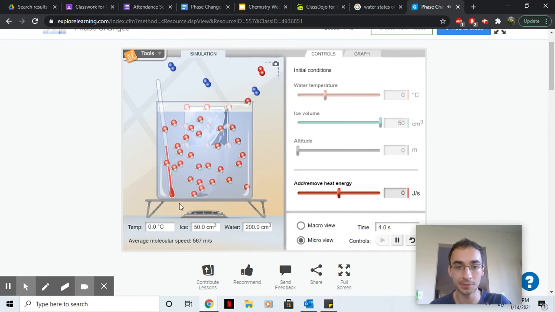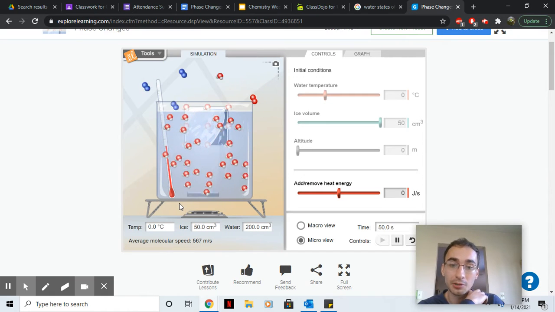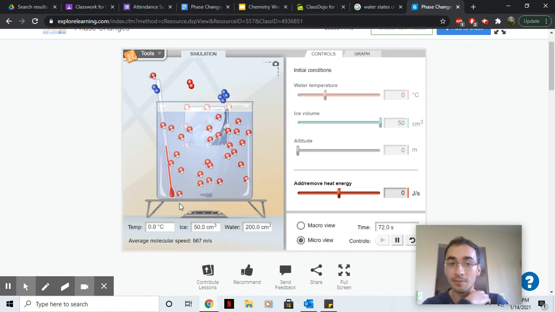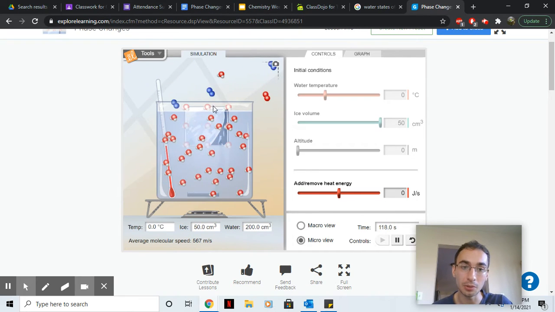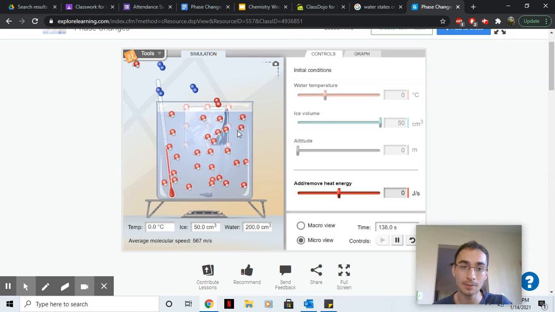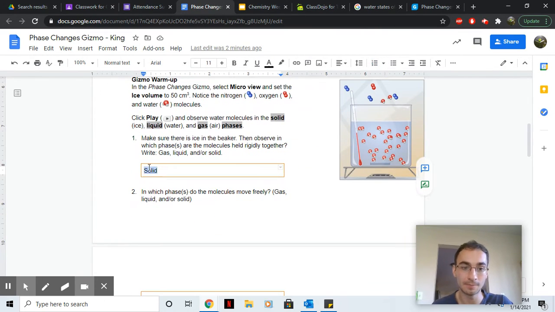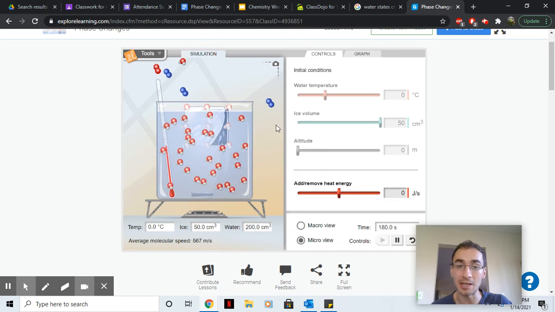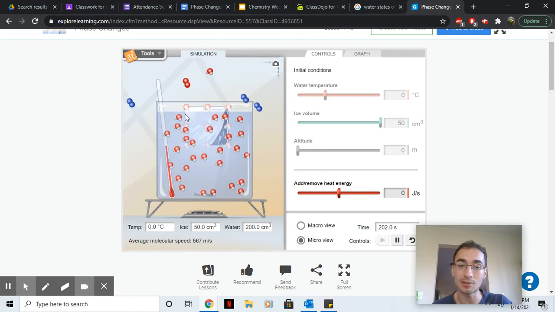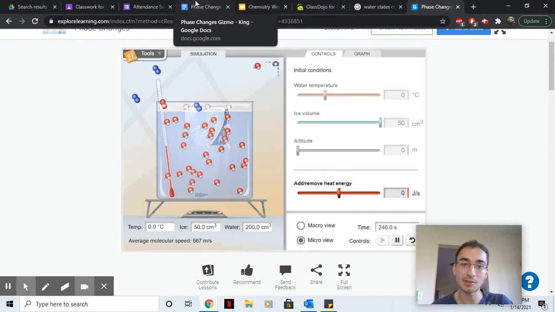Here's my question for you. In which phase of matter are the molecules stuck together or rigid? Are the molecules not moving in gas, the liquid, or the solid? That's the answer for number 1 right here. In which phase are they rigid? And then in which phases are the molecules moving freely? Gas, liquid, solid, or multiple? Yep. After you answer those questions,